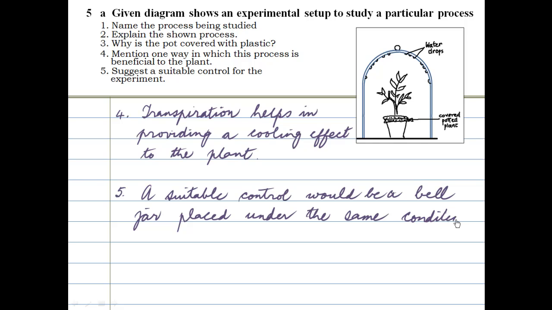That's important. The conditions should be the same, but without a plant in it. Alternatively, you could have put a plain covered pot without the plant, but it comes to the same thing. We okay with this? Let's move on to the next part of